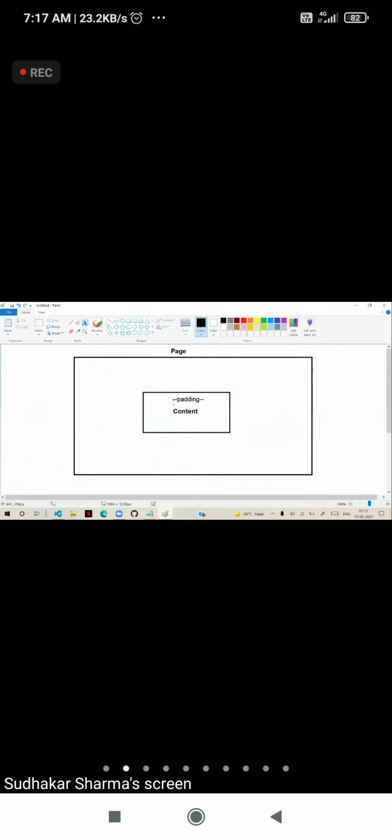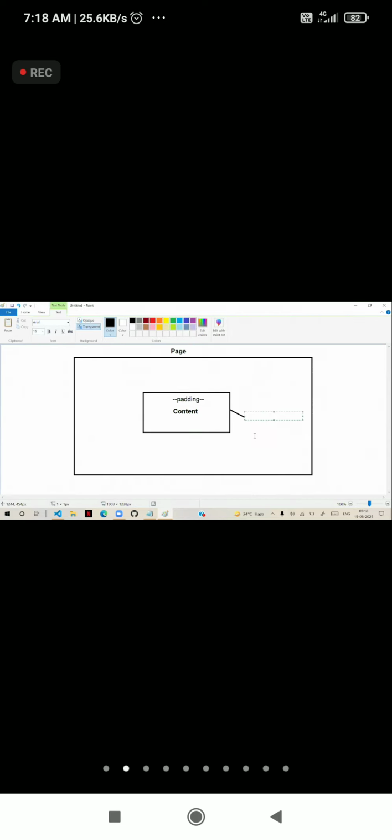And around the padding, you have a border. So border is present around the padding. And around the border, the space between the page and your content is margin.